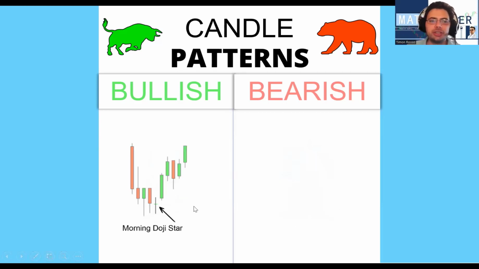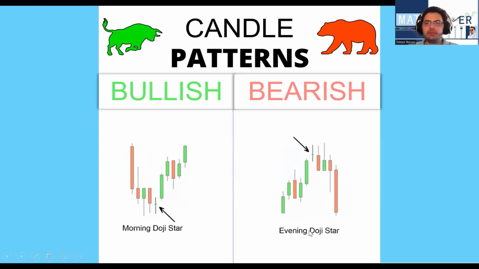Then you have a morning star doji. Now, a morning star doji is the price is coming down, and then it forms this doji out of nowhere, where the open price is equal to the closing price. There was testing in the low, there was testing in the high, and this is quite a bullish candle where you can now expect the price to continue up. Similar to an evening doji star, which I find even stronger than a morning doji star, where you can see there is upward momentum, upward trend. It then forms this evening doji star where the open is equal to the close, and there is a form between the low and the high, which can indicate that there will be a reversal in the trend.